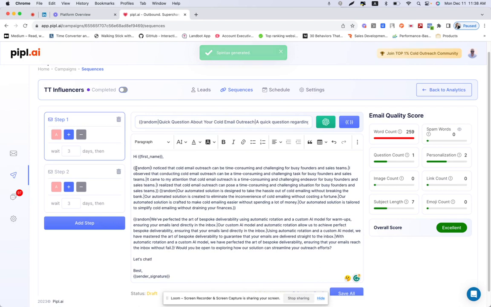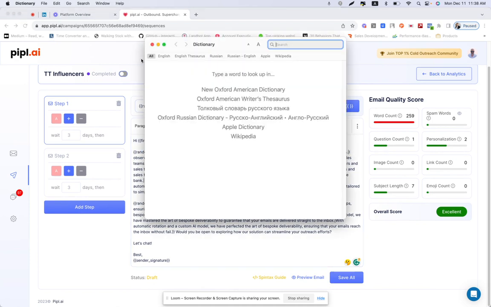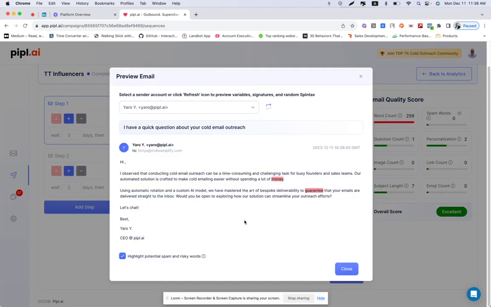Again, some fine tuning, especially around intonation, will be needed, but in essence, it might look scary, but this syntax ensures that after the random word, only one variation of a message, like either this one or this variation or the next one, is picked, and you can make sure of it by just clicking on preview email,